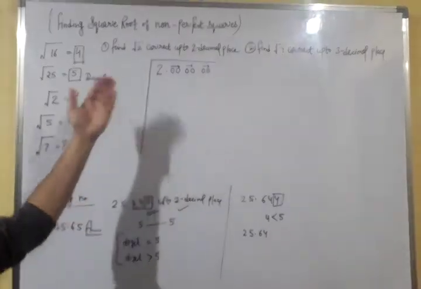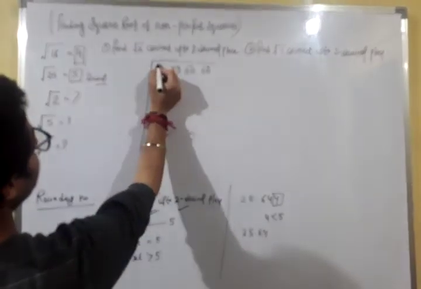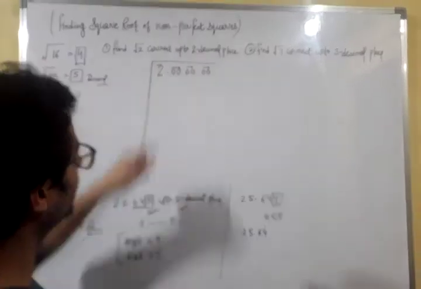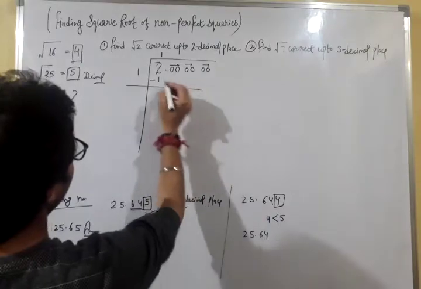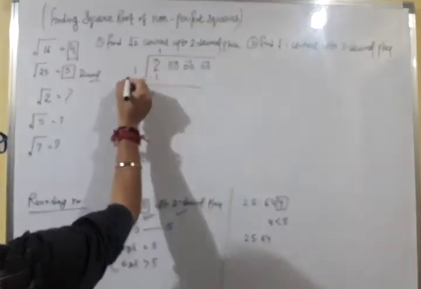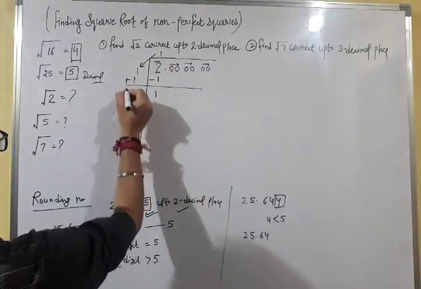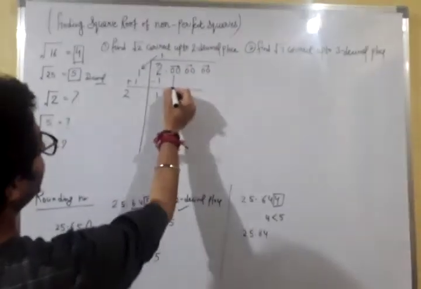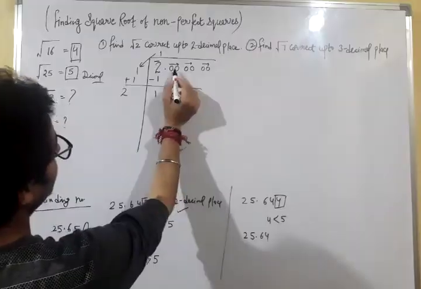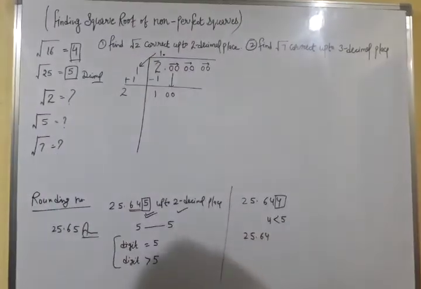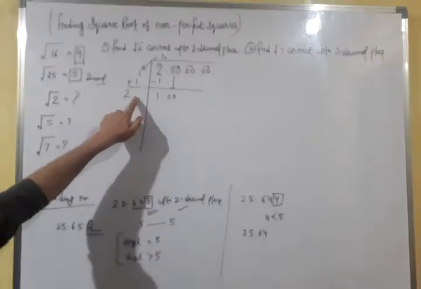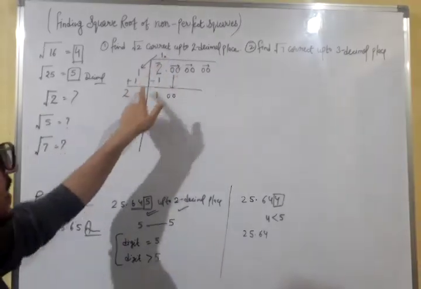Now just start your process as your normal long division method. Here we have only one digit, so the bar will be on one digit. 2 2s are 4, cannot be written, so 1 1 is 1, we will write and then we will subtract. 2 minus 1 is 1, this 1 will be added to this 1, 1 plus 1 will be 2. Now we will carry both the digits together, but before both the digits we have a decimal, so we will put our decimal point here. We have to write here some number and we will multiply it by the same number.